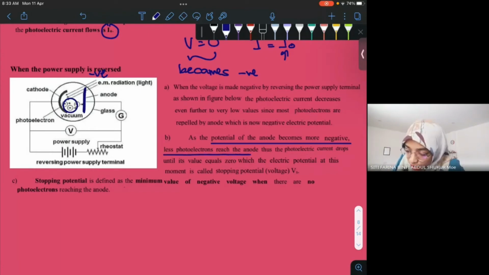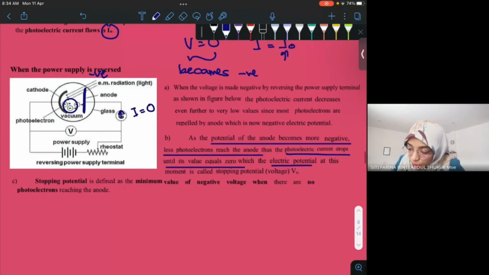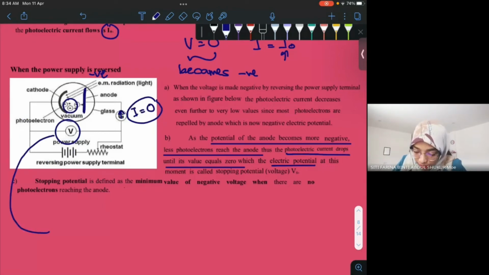Less photoelectron reach the anode, thus the photoelectric current drops until the value equals 0. Okay, so up to one particular point, bila kita punya galvanometer does not deflect any longer, which means the I now is equals to 0, it means that the electric potential at this particular point, maksudnya bila I kita gives a reading of 0, potential dekat sini yang negatif tadi, contoh, saya cakap negatif 5, kan, dah sampai V sama dengan negatif 5 volt ini, is what we called as stopping potential,